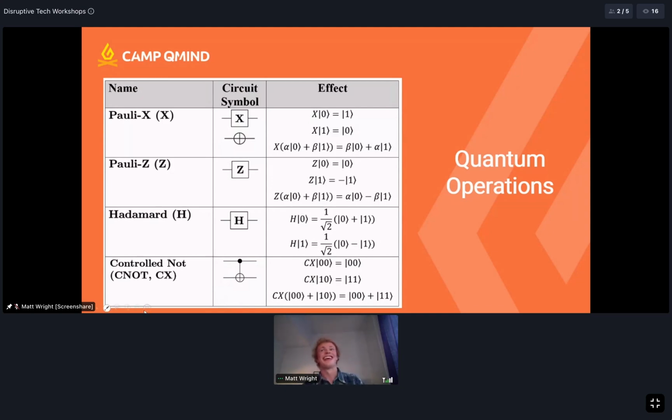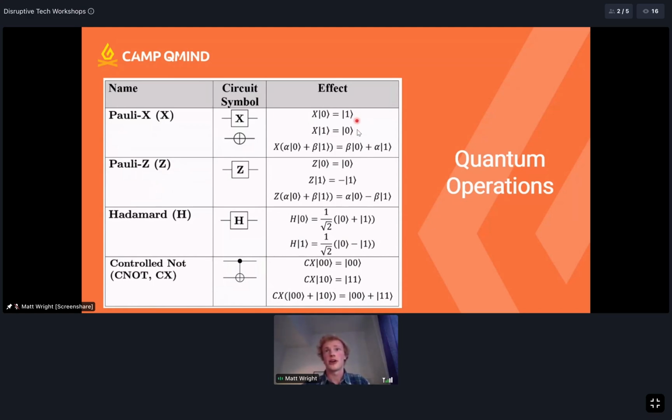Thanks, Mustafa. And so the first one, the Pauli X gate, is what we sort of touched on already. There's a Pauli set, which doesn't really matter. They just correspond to three axes of rotation. I touched on how a qubit can be represented as a point on the surface of a sphere, right? So you could have three axes to rotate that qubit and rotate its state. So there's Pauli X, Pauli Z, and then there's another one called Y, which I didn't include here.